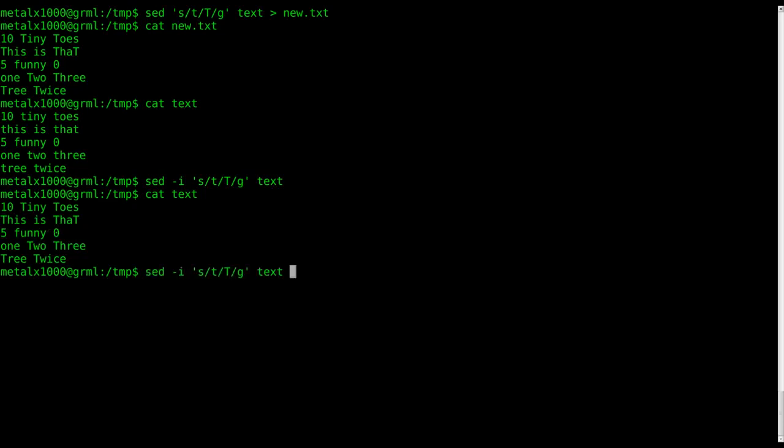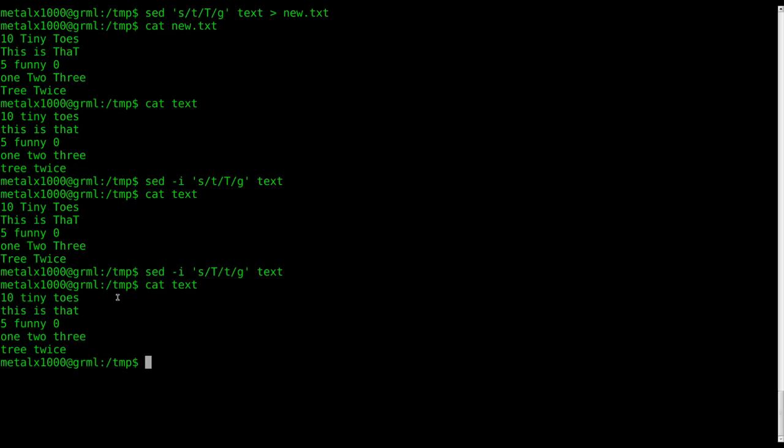And of course, in this particular scenario, we can change it back by changing all capital T's to lowercase t's in line, because we have our -i. I'm pretty sure i means in line. That's what I've always said to myself. I'm not sure if I read that somewhere or made that up. But -i means change it in place. In place, maybe it stands for. Let's see. So now if I cat out text, you can see we put it back to how it was